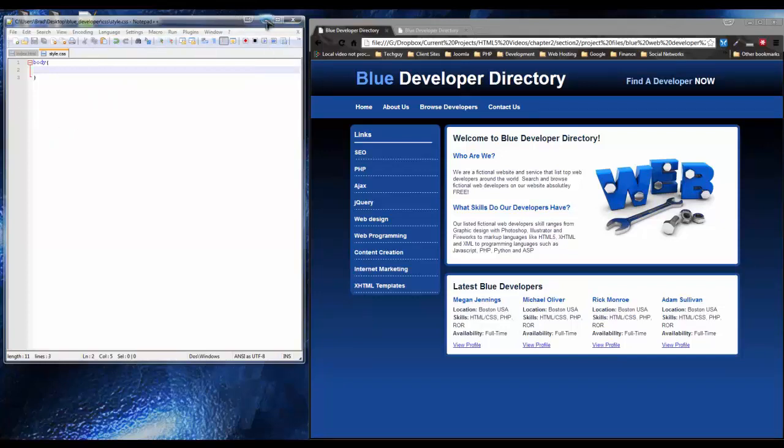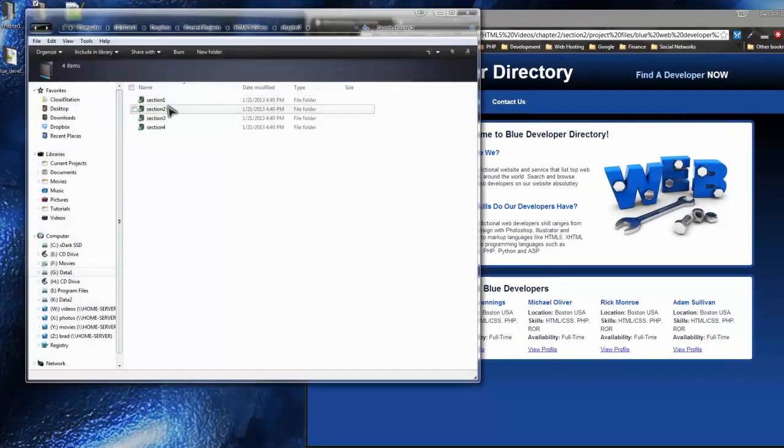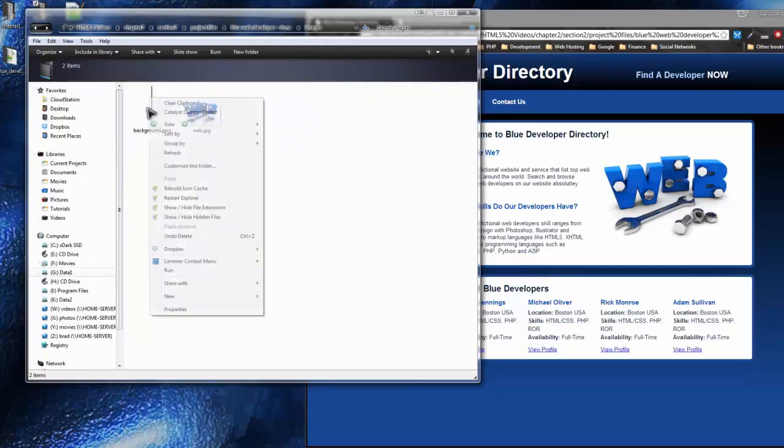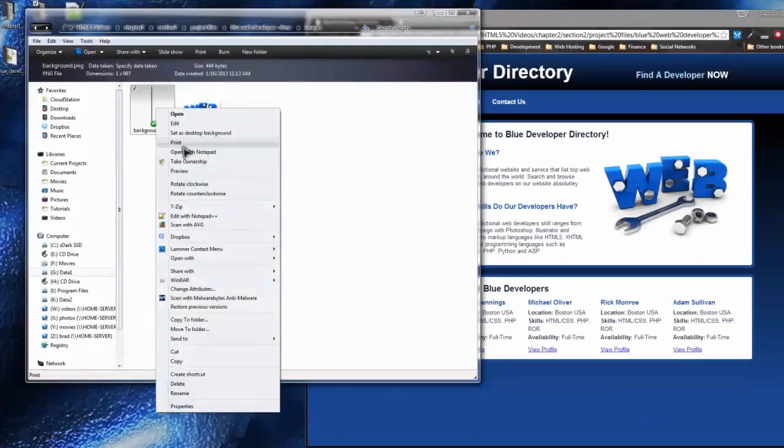So what I want you to do is to go to your project files, section 2, project files, go to the done folder, and in the images folder you'll see an image called background.png, and I'll show you that. This is the image. It's 1 pixel wide. The gradient is all there, it's just so thin that you can't see it, but like I said, if we repeat it you'll be able to see it. So grab that, copy that,